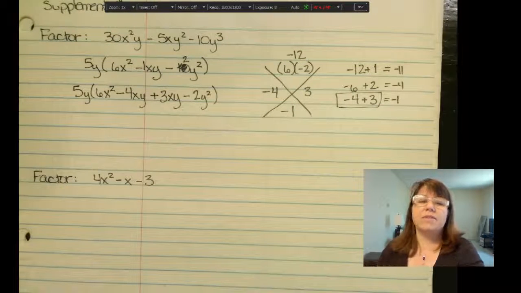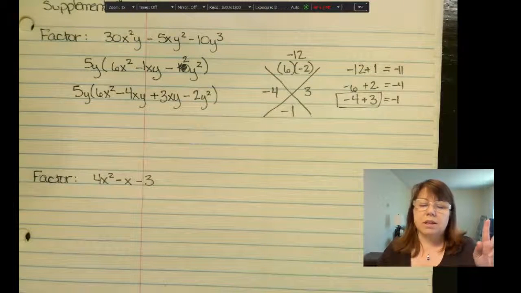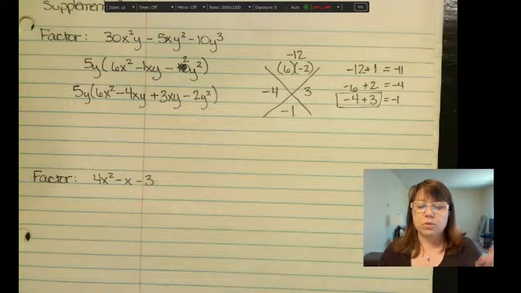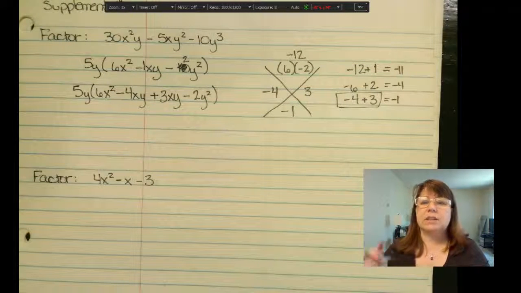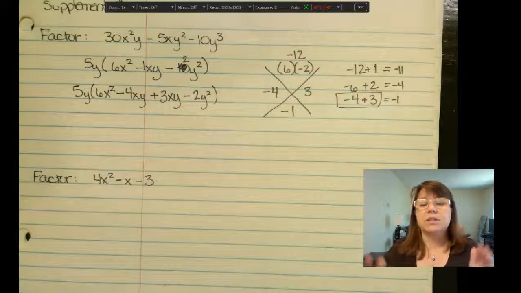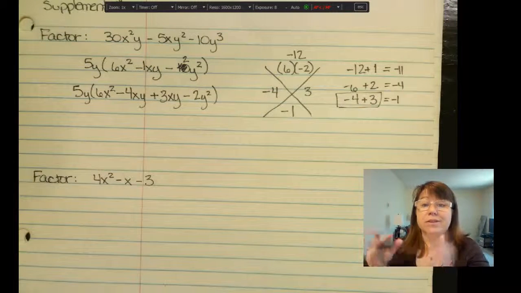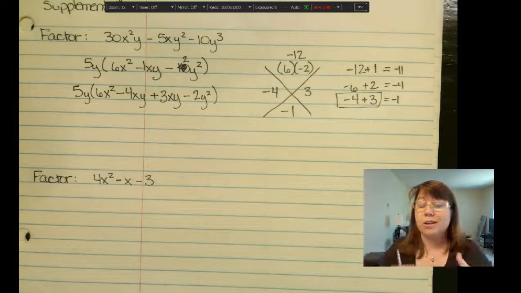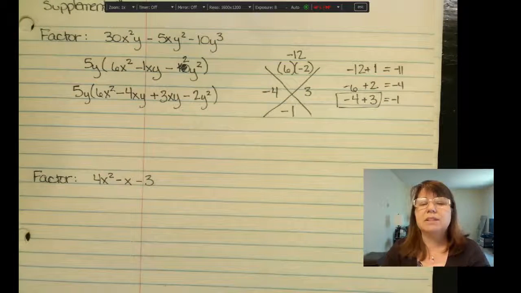Otherwise, I would have had to find 6 and 1, 3 and 2, 2 and 3, 1 and 6, and then likewise with the negative 2, it's negative 2, 1, negative 1, 2, positive 2, negative 1. It's a lot of combinations versus, I only had 3 combinations, versus a whole bunch of combinations and having to mix it all up. So if you do this, I think this method works a little bit faster than the